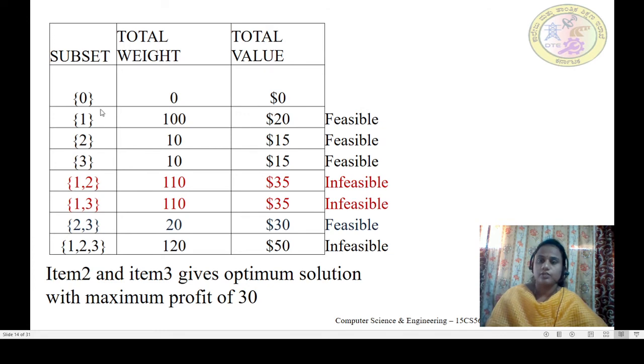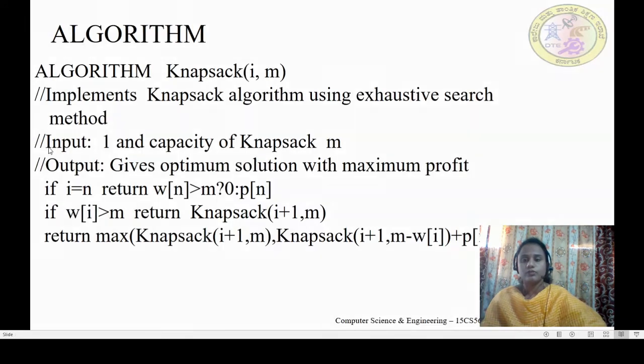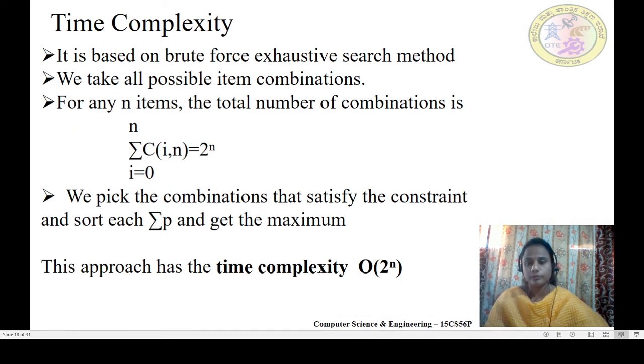We can see which one is the feasible subset and will give the maximum profit, right? In order to find the optimal solution, we need to do the subsets. 2 to the power of n combinations we can do, right? So this is the time complexity of this approach. Knapsack time complexity is big O of 2 to the power of n. If there are only 2 items, 2 to the power of 2, that is a total of 4 subsets we can create